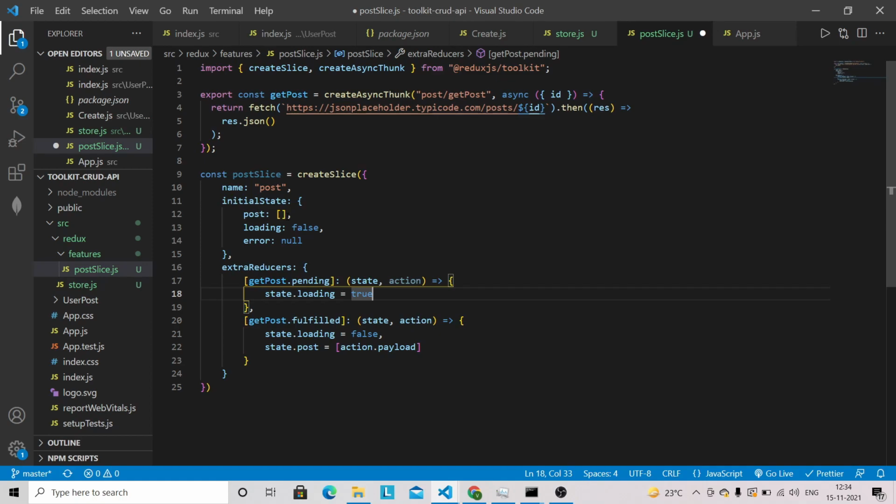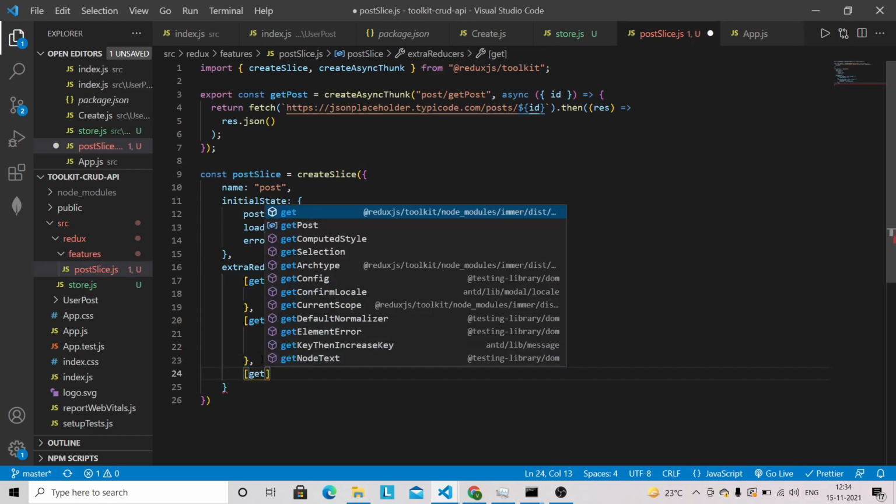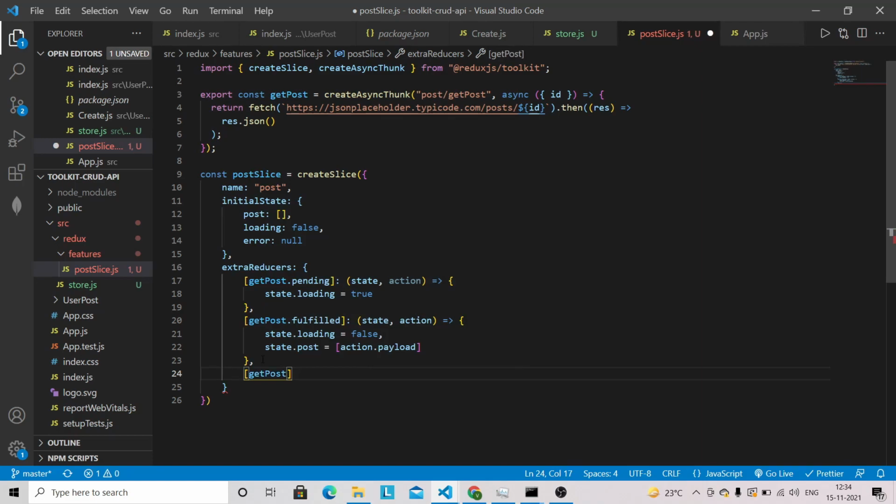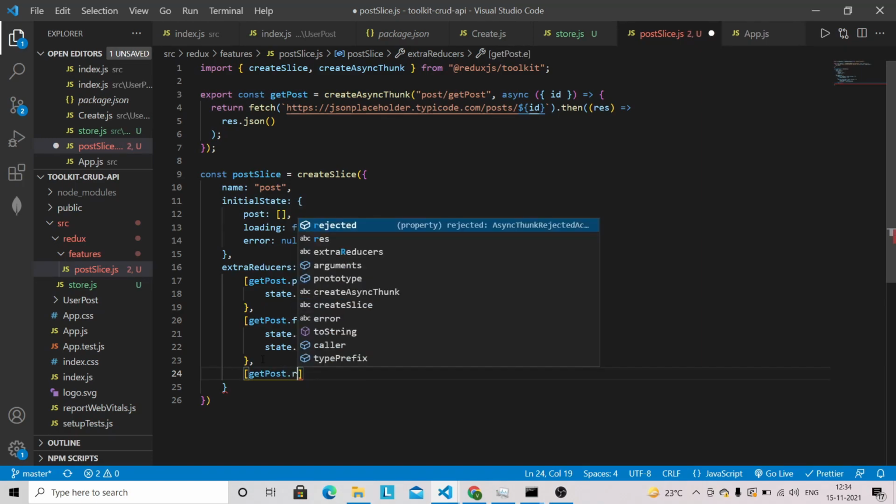And in case it is rejected, then we have to define getPost.rejected.